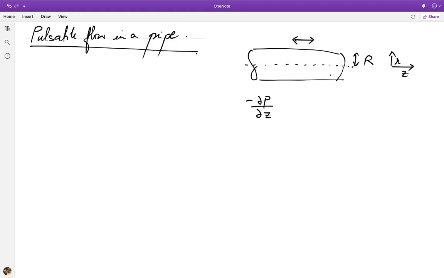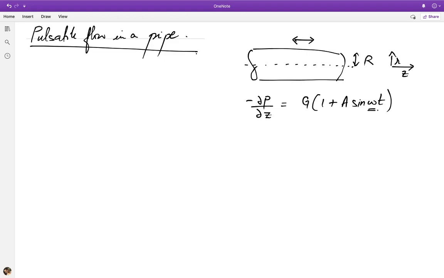So minus dP dz, the axial pressure gradient that drives the flow, is something of the following form. It has a constant part, which is just G, and then an oscillatory part of relative amplitude a, so that the oscillatory part is G a sine omega t, where omega is the frequency, such that the pressure gradient oscillates over a time period 2 pi over omega. So this is the problem setup, and what we want to understand is how the unidirectional flow responds if you have an imposed oscillation on top of the base pressure gradient.